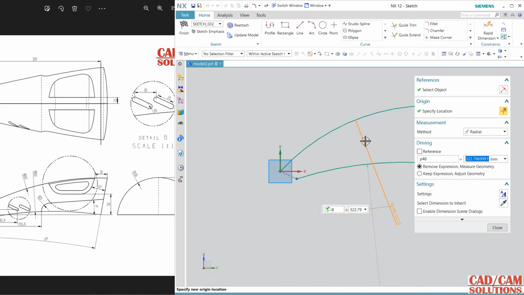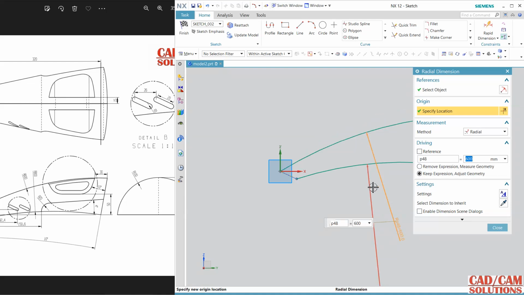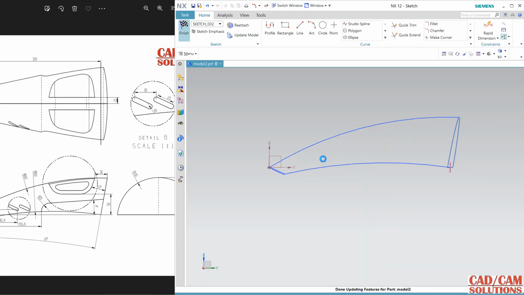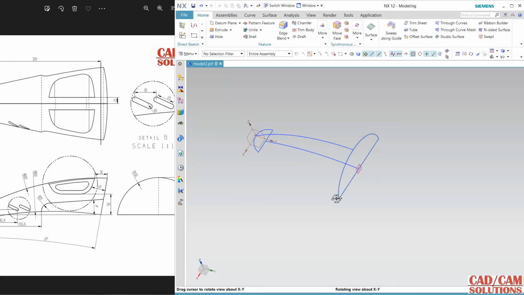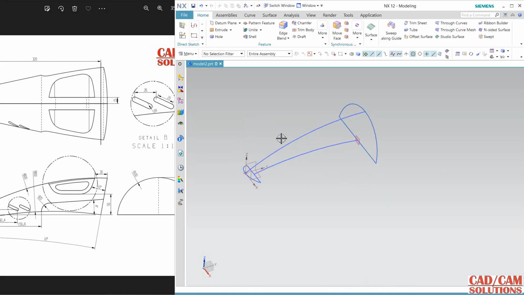The upper one is 600 radius and the lower one is 800 in radius. Finish. See, this is what I have.